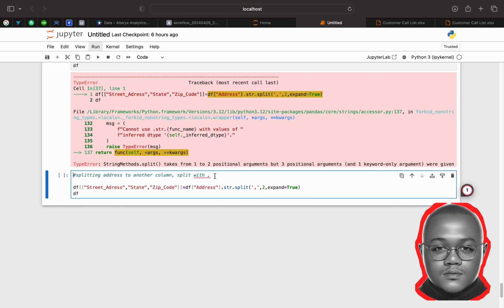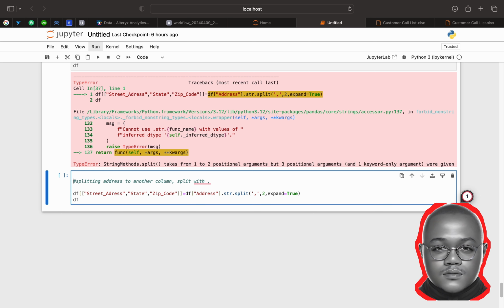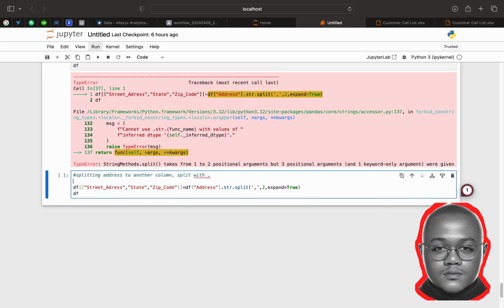Now I'll move on to the last illustration of how you can clean, possibly splitting the address column into 3 more columns. I want to create additional columns, splitting the address column, so I don't want to update that column. I've already defined the street address, date, and zip code. Split by comma, I have to